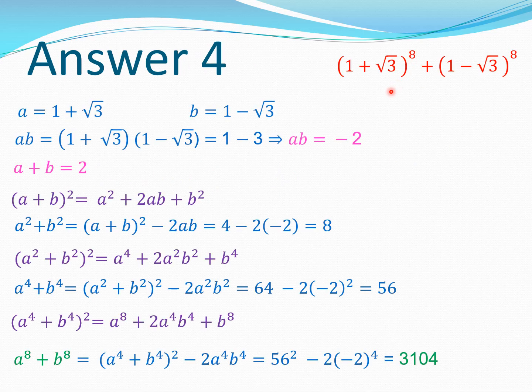And to do that, what I will do is I will immediately put a is 1 plus root 3 and b is 1 minus root 3. So that's going to at least simplify my expression. We now know this is going to be a to the power 8 plus b to the power 8. And now I can see I will get some solutions out of what is ab and what is a